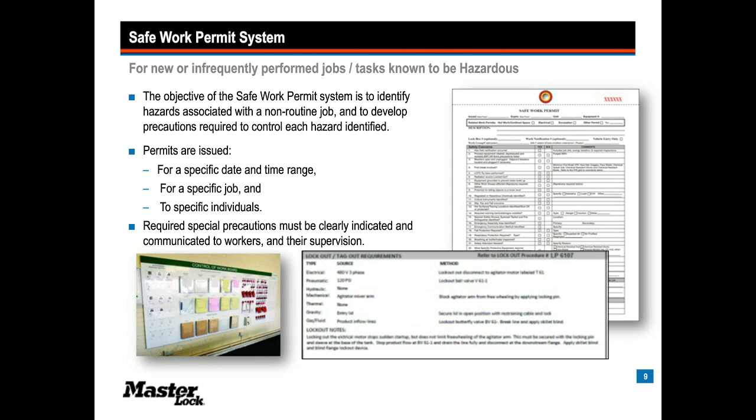Any special precautions that are required have to be clearly indicated. They have to be communicated to workers, often in a tailgate safety briefing or a specific overview by the supervisor before the equipment is locked out. Okay, so the safe work permit sometimes gets a lot of use, but it should be in the back pocket